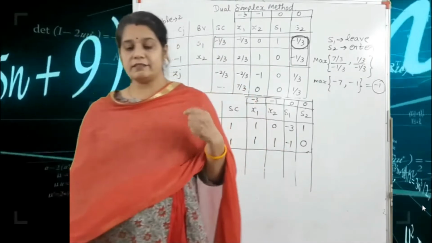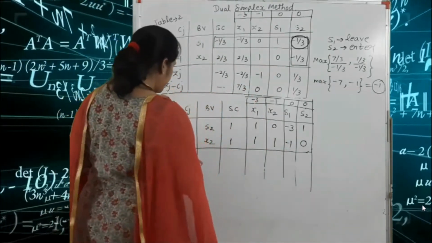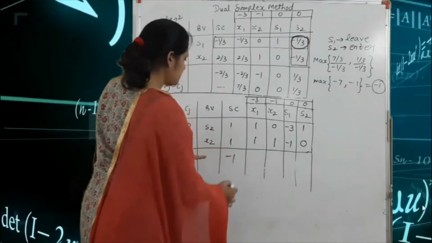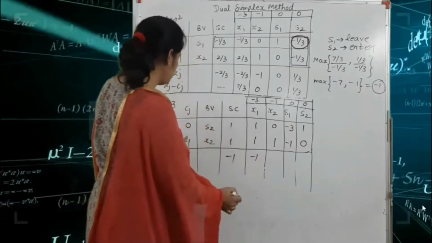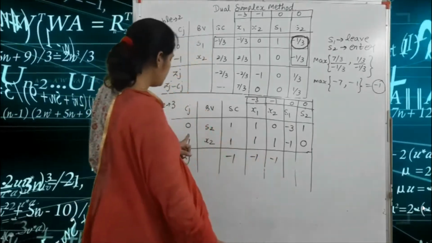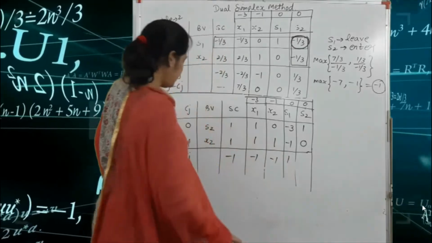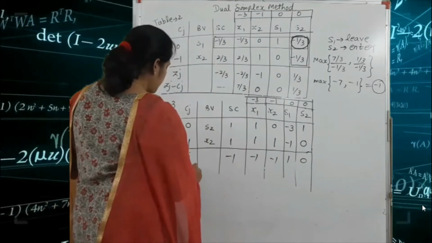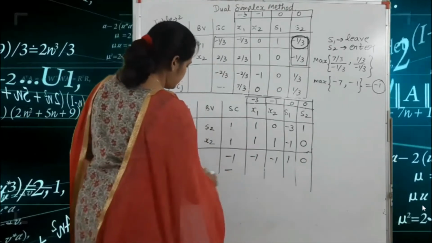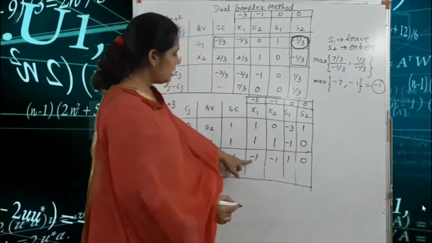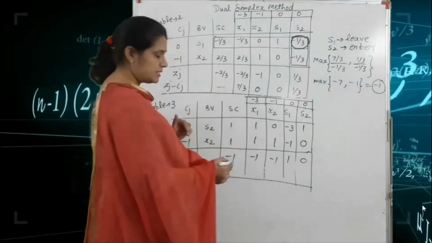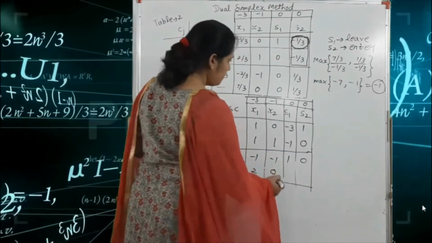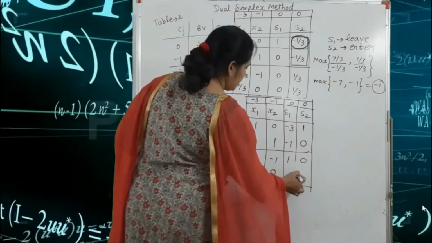Okay, so this is table number 3. We write here the Zj. So this is the 0 value. So minus 1 into 1, minus 1, minus 1 into 1, minus 1, minus 1 into minus 1 plus 1, and minus 1 into 0, 0. Okay, next one is the Zj minus Cj. So here we write the dash. Minus 1 minus 3, that means plus 3, so we write here plus 2. Okay, minus 1 minus minus 1, 0. 1 minus 0, 1, and 0 minus 0.